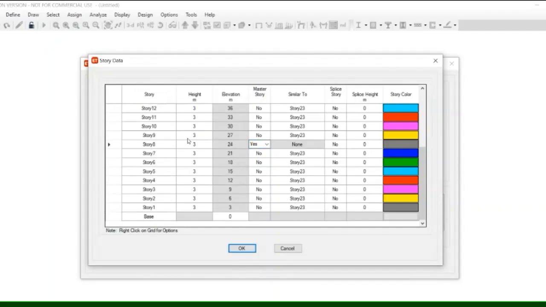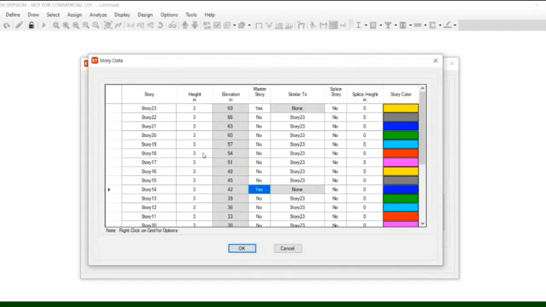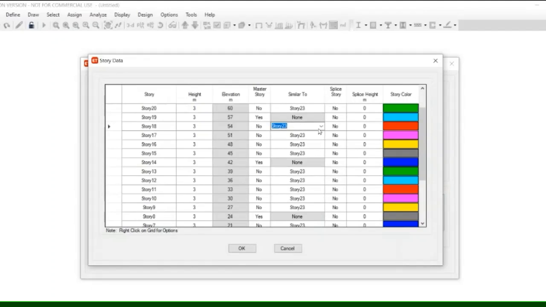Similarly, story 14 will be a master story. Similarly, story 19 will be a master story. Then make the stories similar to the master story 19.